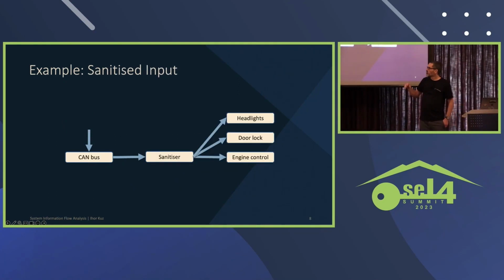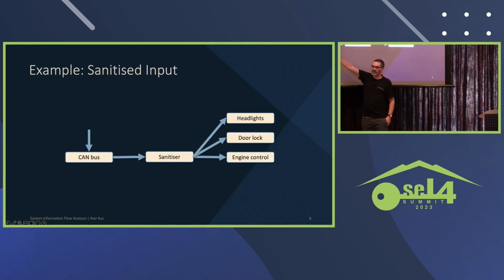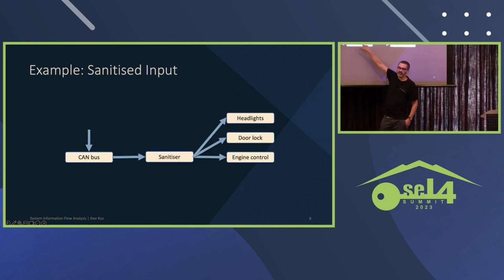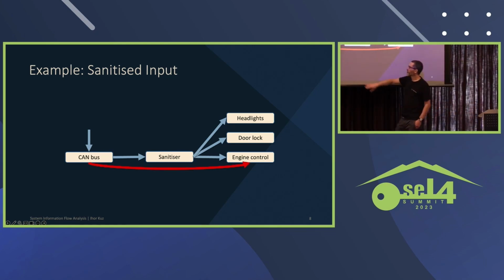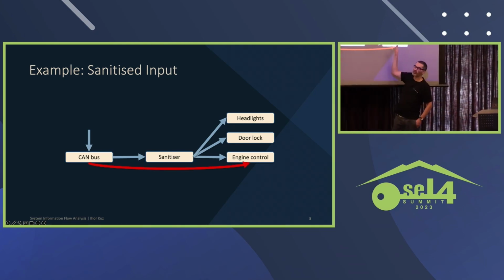Sanitized input. So if we get input coming in over a CAN bus, we want to sanitize that input before we send it to components that actually process that data. Because it's untrusted input, we don't know if it's going to cause problems with these components that use it. Again, we don't want data to be able to flow directly from the input to the components that use it